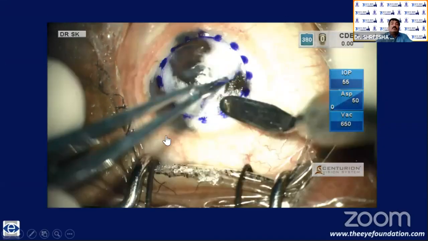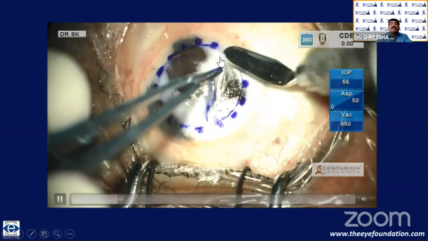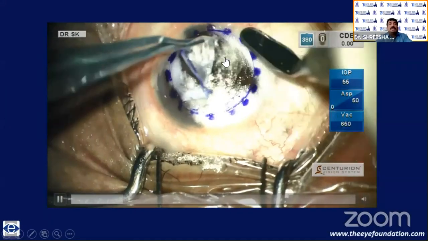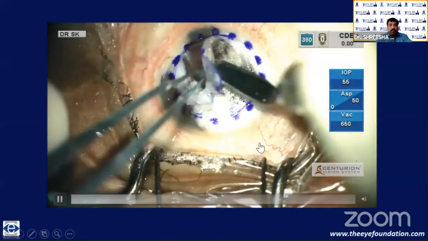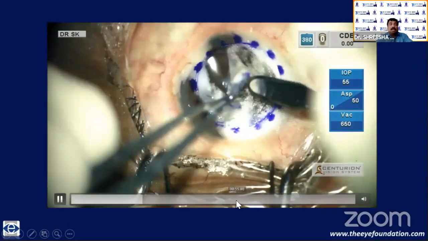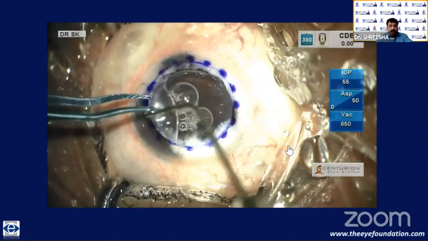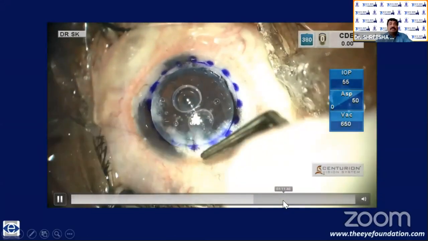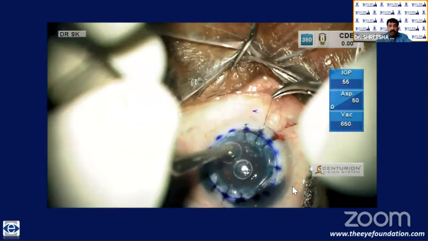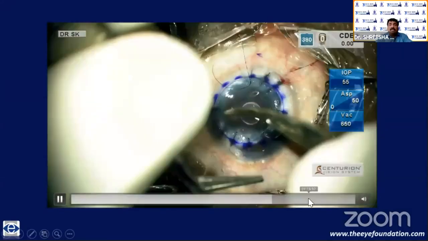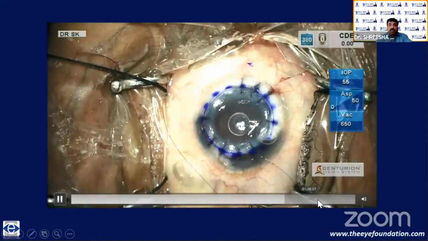And this is a type 2 bubble. You can see a nice thin-walled bubble. So the moment you recognize this type 2 bubble, it's better you go ahead and do a manual layer by layer dissection. This is what I'm doing here, so that you can preserve the Descemet's till the end. And this gives excellent results. Maybe the BCVA may be 1 or 2 lines less than what is expected in a big bubble DALK, but it serves the purpose. You are going to preserve the endothelium.